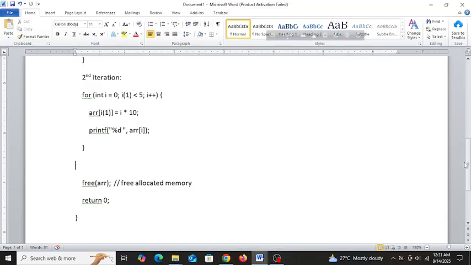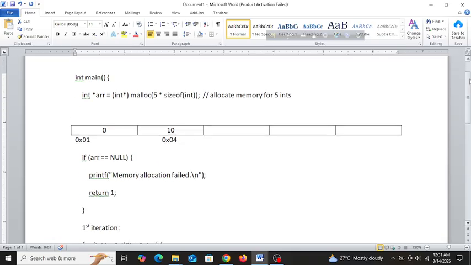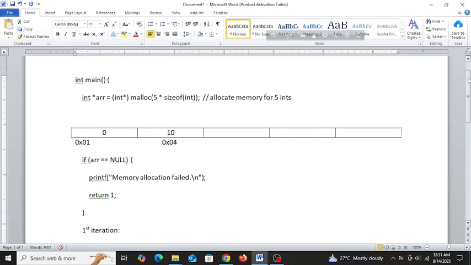So if we just show you here, this array pointer is pointing to the address of the first element, you understand? And by pointing to this first element, the whole array is being pointed by this, you understand?